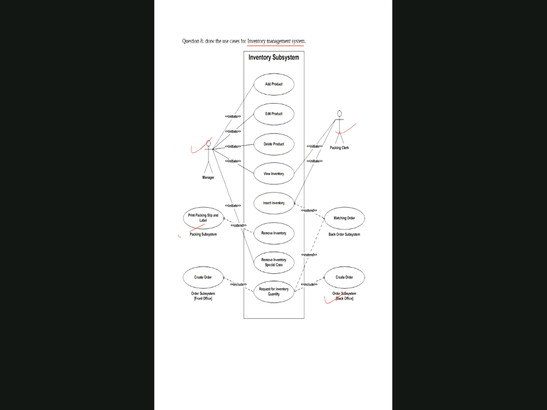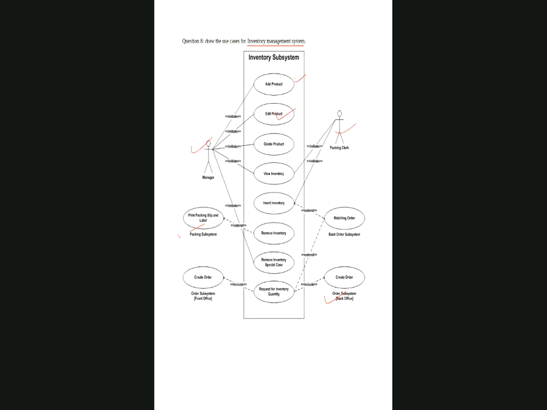Manager can view the inventory, he can delete the product, he can edit the product, he can add the product. Suppose some customers are asking for a product which is not available in the inventory system, so the manager will see, oh, I'm losing the business, let us add these new items, many customers are asking for this, and add the product in the inventory system. And he can edit the system. Maybe earlier you had model 1, now I have model 3, so we can edit it to model 3. And some old products whose expiry date is finished, we delete those products.